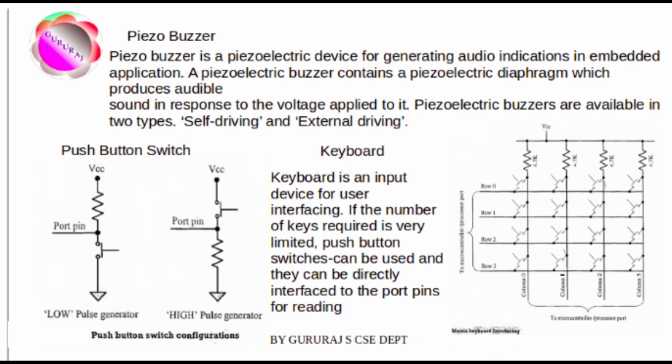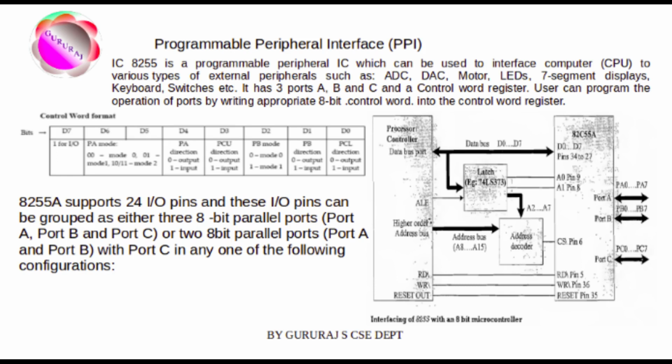Next I/O subsystem is programmable peripheral interface device, which is used for expanding the I/O capabilities of a processor or controller. Most controllers provide a very limited number of I/O and data ports, and at times it may require more I/O ports than the number supported by the controller. A programmable peripheral interface device expands the I/O capabilities of the processor. The IC 8255 is a popular PPI device for 8-bit processors or controllers.